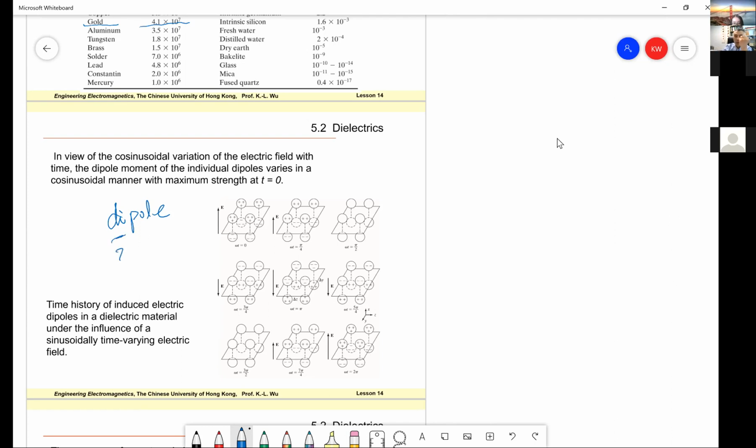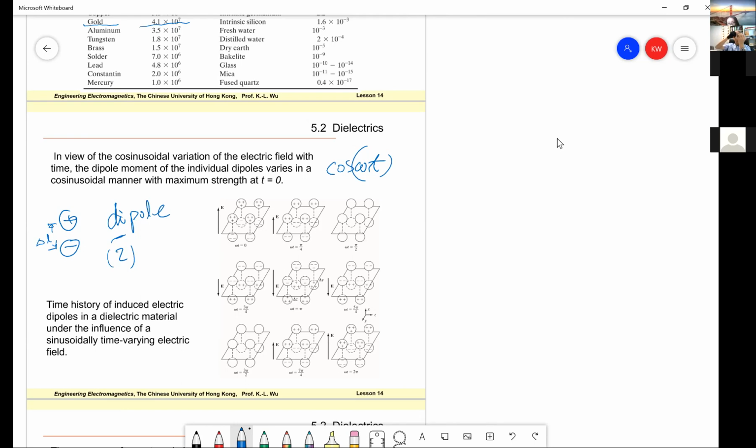Di means two, so we polarize into two, with a very, very small distance. Once the electrical field strength is reduced, but the direction not changed, the dipole distance becomes closer,